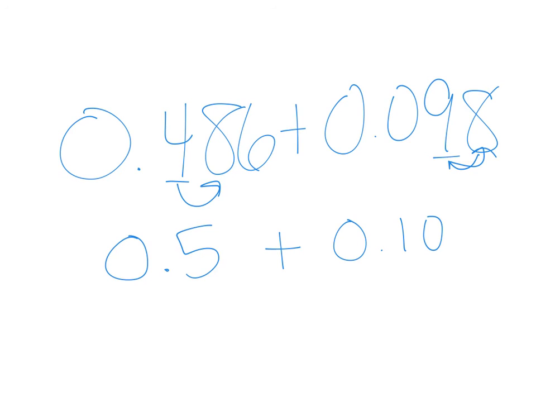Okay, so now you'd add those two and you get 0.5 plus 0.1 is 0.6, or 0.60. So that last one might be a little confusing, and that one you might not be able to estimate as well. But the other ones, again, what I'd like you to do, looking back at